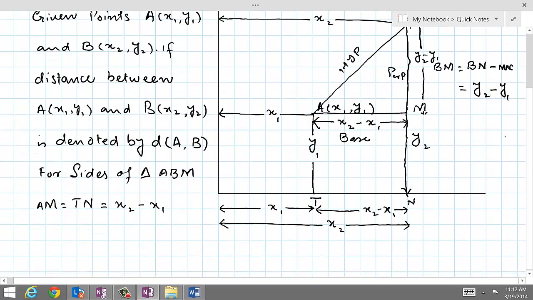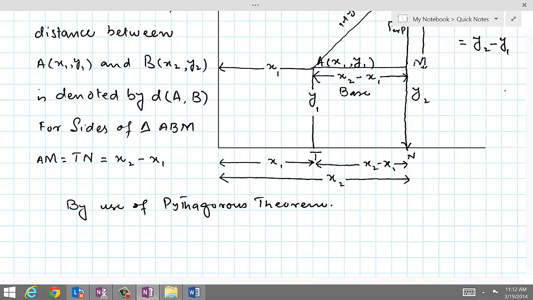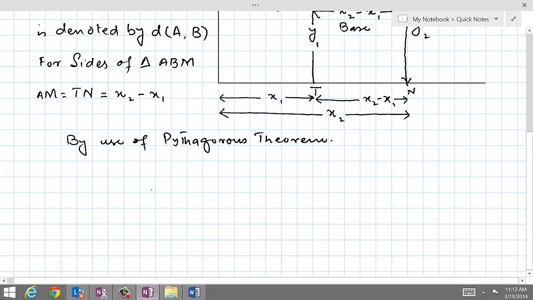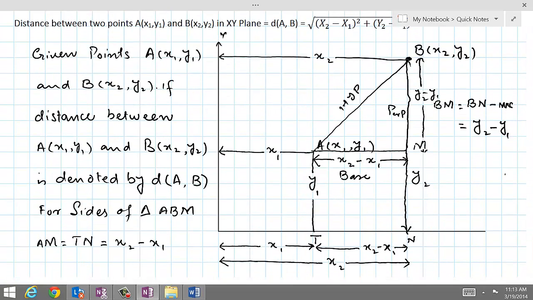By use of the Pythagoras theorem, which states that hypotenuse square is equal to base square plus perpendicular square, AB square is equal to the base AM square plus the perpendicular BM square,